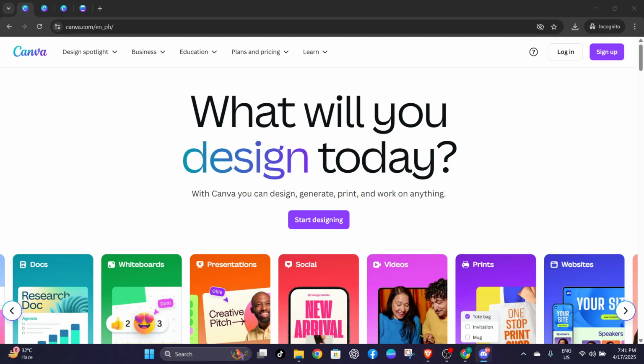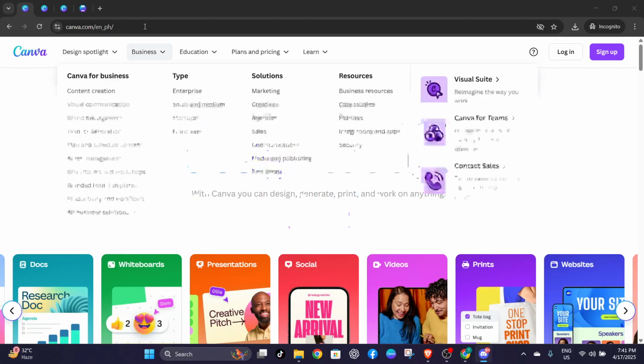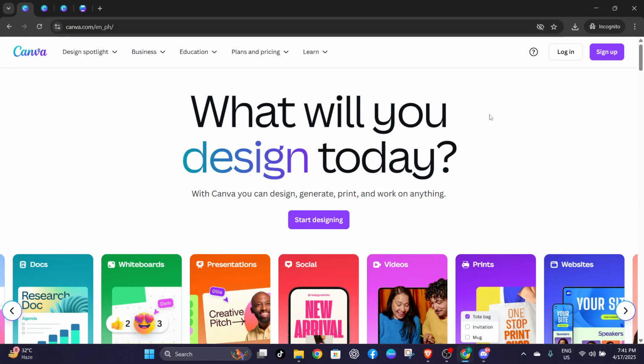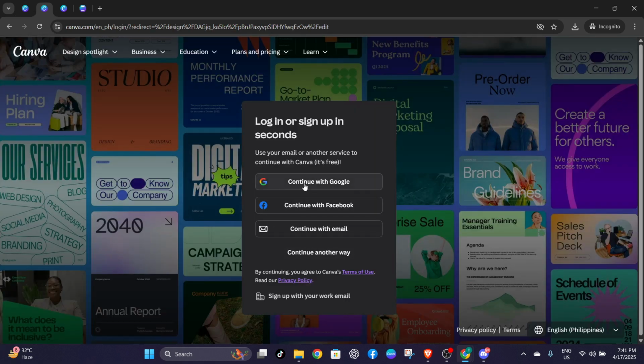So let's get started. First, you'll want to head over to canva.com. Once you're there, locate the login button, which you'll find in the upper right corner of the site. Click on that to sign in using your credentials. If you prefer, Canva offers the flexibility to log in with Google, Facebook, or directly using your email address. Choose whichever option you find most convenient, and shortly you'll find yourself at the Canva dashboard with endless creative possibilities